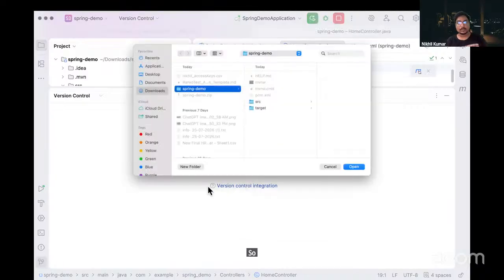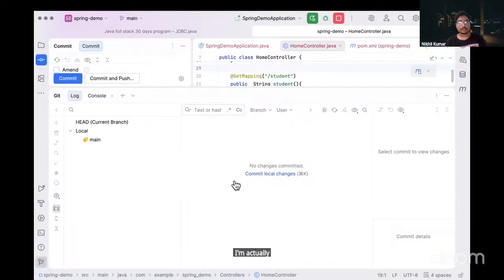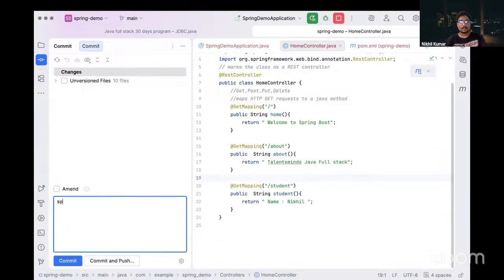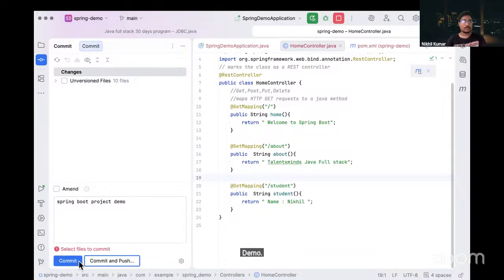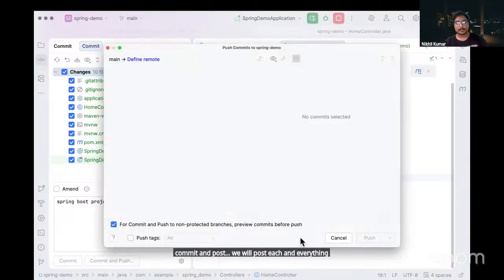So, commit local changes, Spring Boot project demo, commit and push. We will push each and everything.